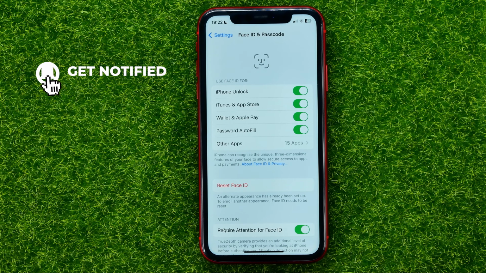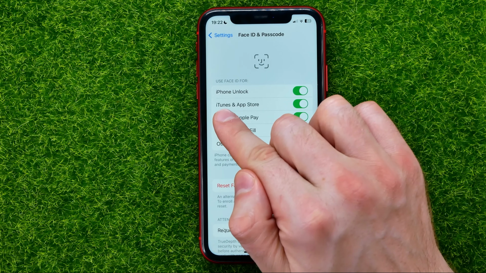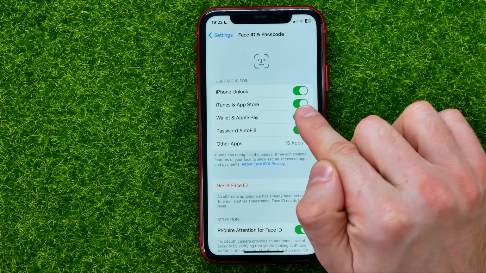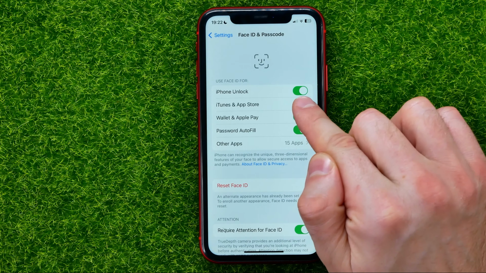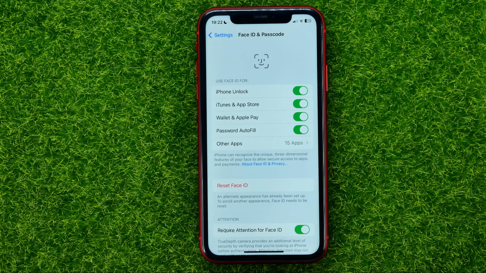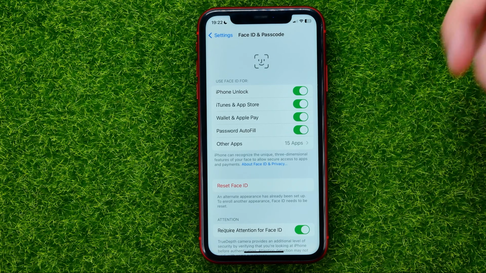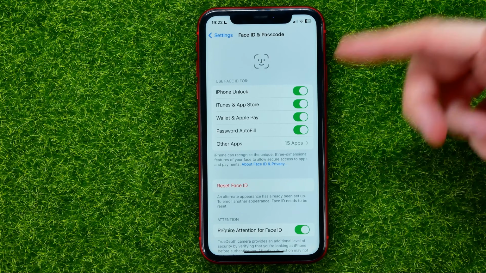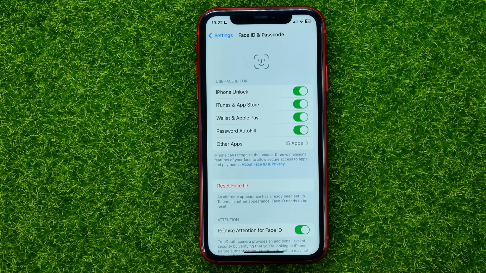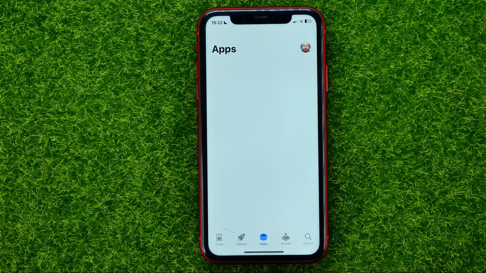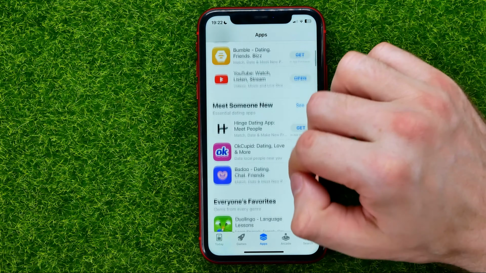Then just make sure that this option, which is called iTunes and App Store, is enabled. If this switch is toggled off, just tap on it to turn this feature on. Also, you can enable other options to make the most of Face ID if for some reason those options are disabled on your device. After that, you can hop out of Settings and open up the App Store, and then just search